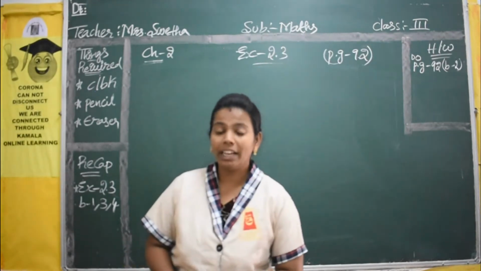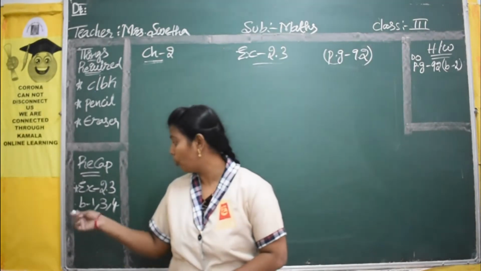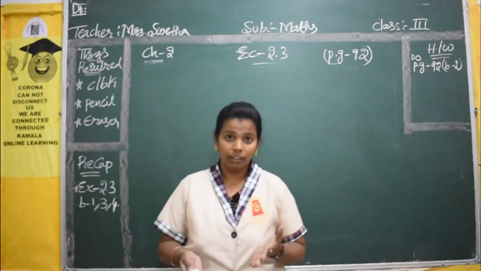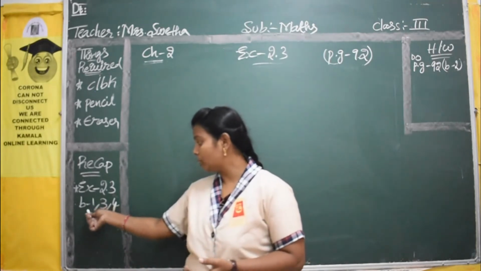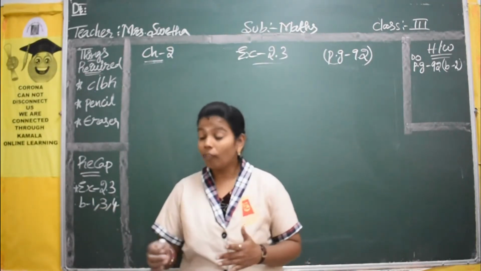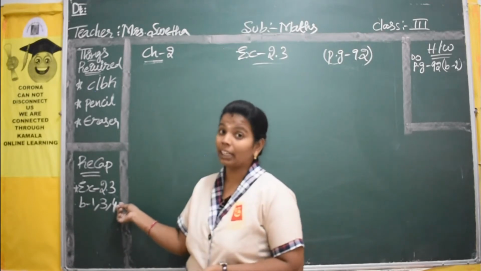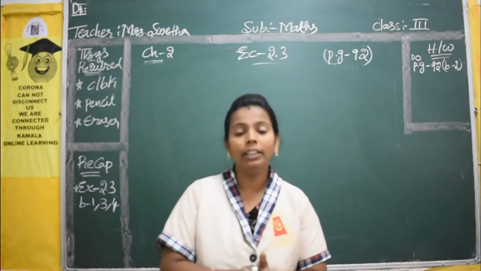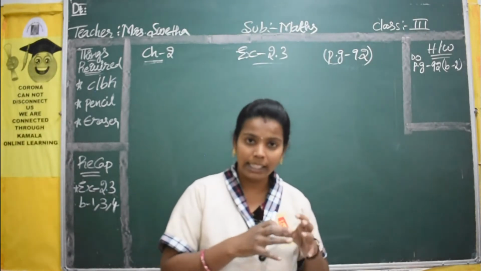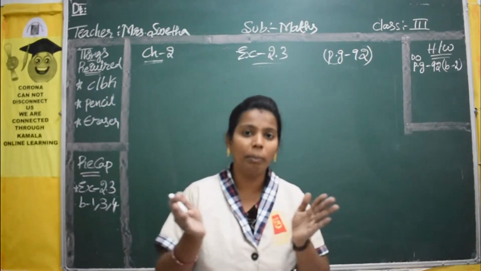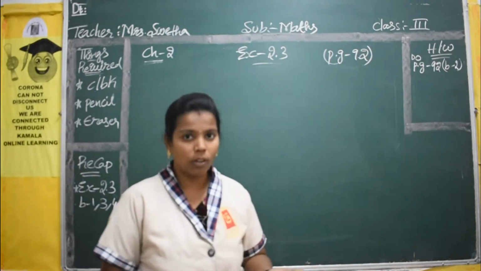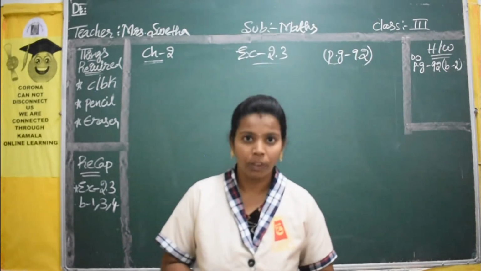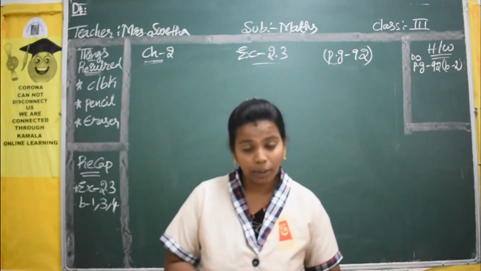In the previous class we started with our new exercise, 2.3. In the 2.3 exercise, we learned the first bit, third bit and fourth bit. Why didn't you have your second bit on that day itself? I said that the second bit's space is limited there. If you write there it will become clumsy and you will not understand also. So on that day itself I said that we will do that second bit in the classwork. So today we are going to do that second bit in the classwork.